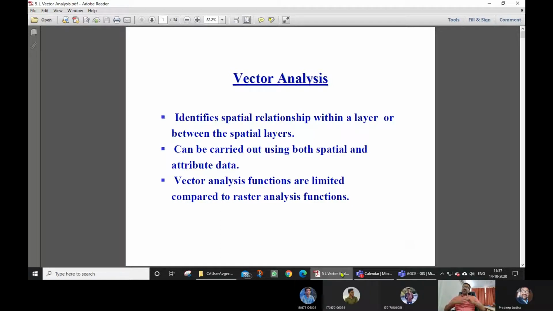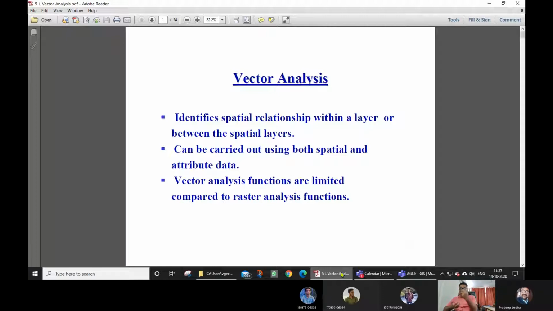So we need to understand which needs to be created during our GIS application building: should we build the raster data, or should we go for the vector data. That is the important thing here. In the raster operations we have seen the operations within a cell.